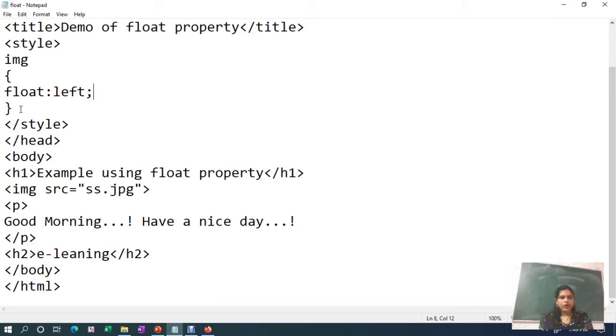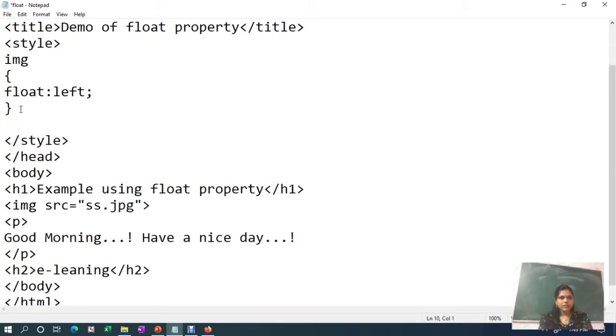Now here for writing a styling effect for this h2 tag, you can use h2 as a selector or you can use any selector also. Suppose we will use an id selector, then id is equal to, suppose, heading 2.